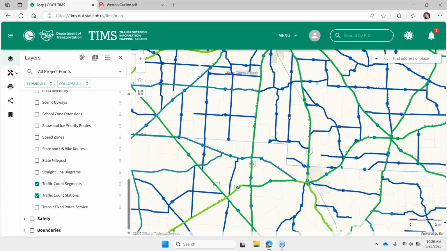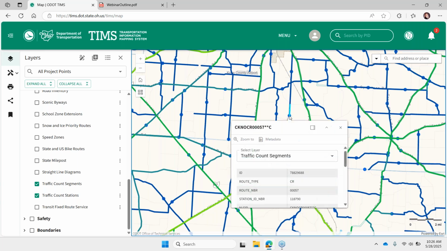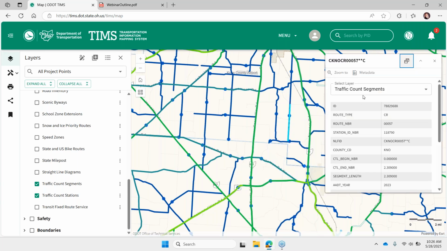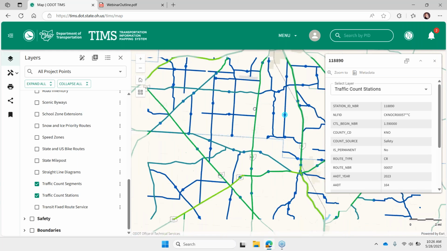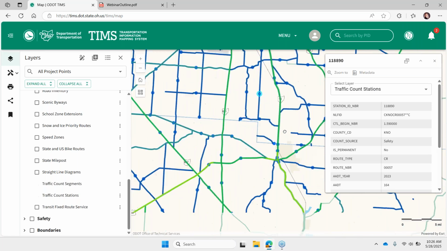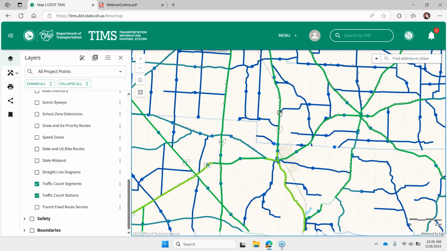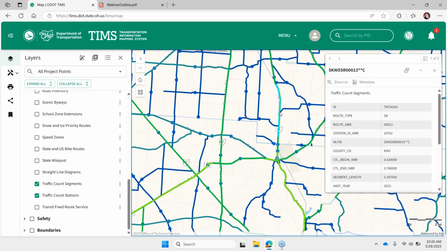If I click somewhere where I have multiple features, you'll see my pop-up includes this drop-down, so I can toggle between the different layers. And if I've clicked somewhere where I have multiple features of the same layer, let me get you a sample of that.